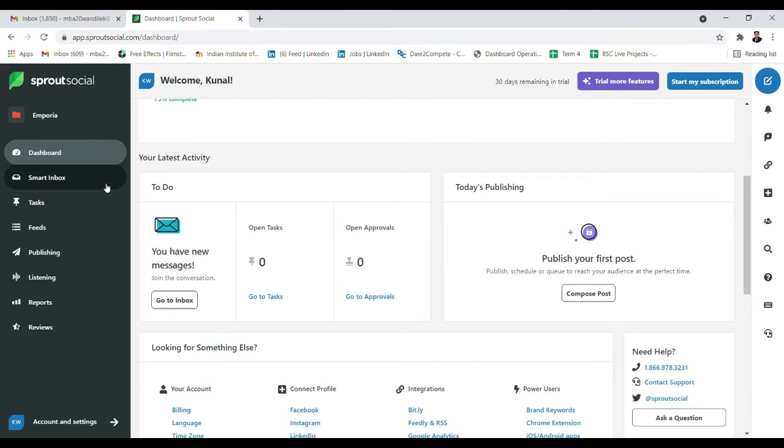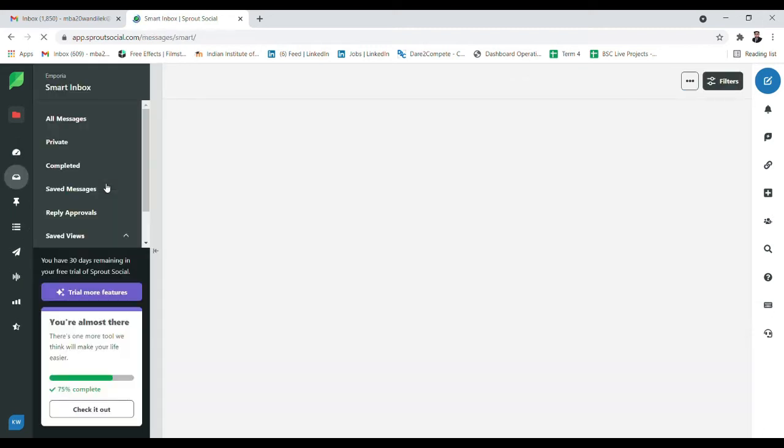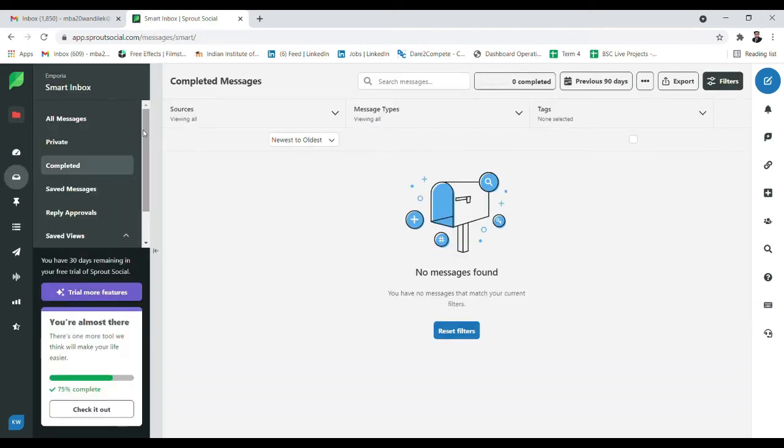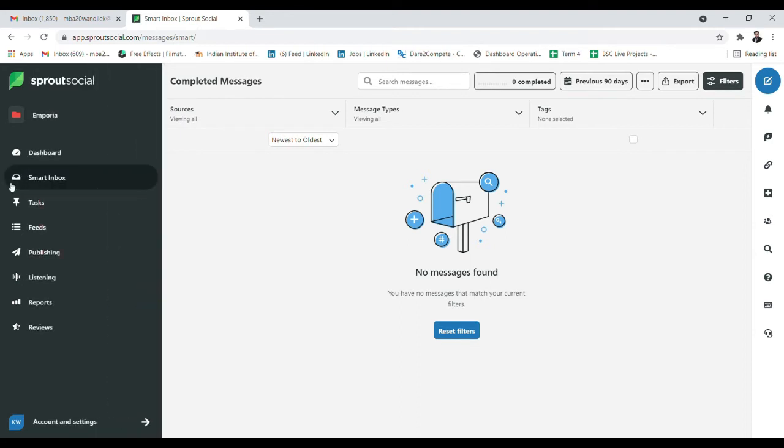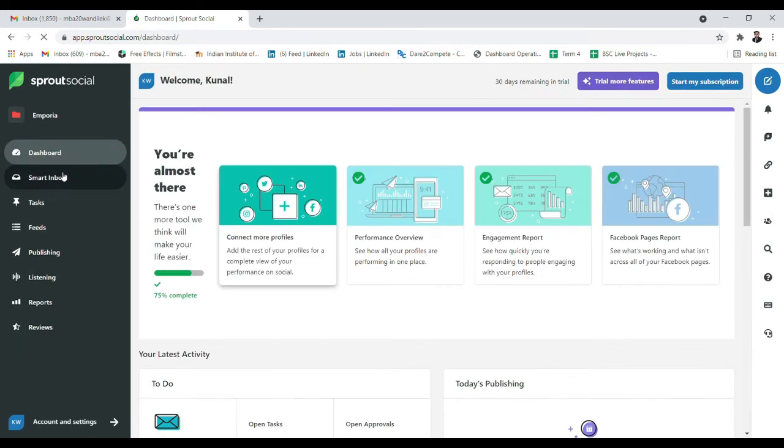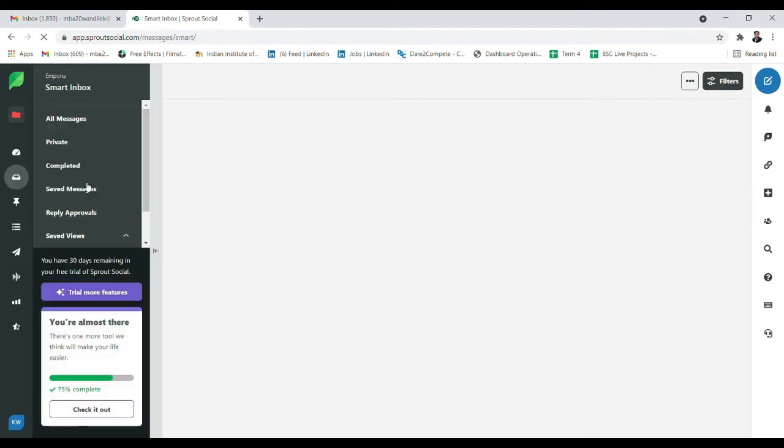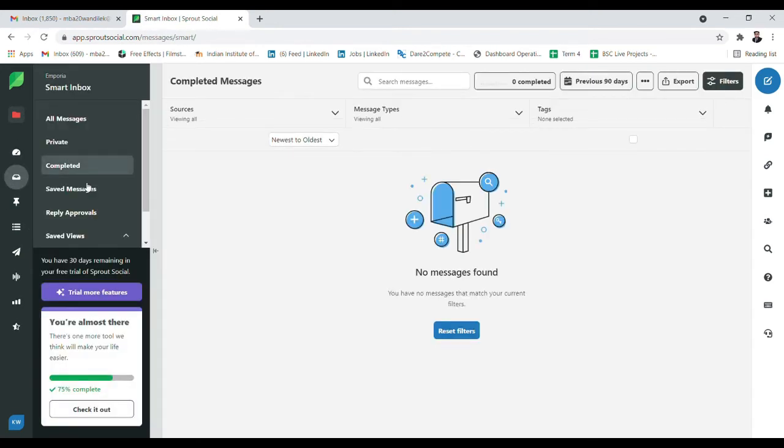Now if you see, the second option is smart inbox. This smart inbox option is very important in terms of saving your time. Why? Because we know messages are very important for interacting with your consumer base, customers, your followers and everyone. But you cannot go and track on which platform you're getting a message or not.